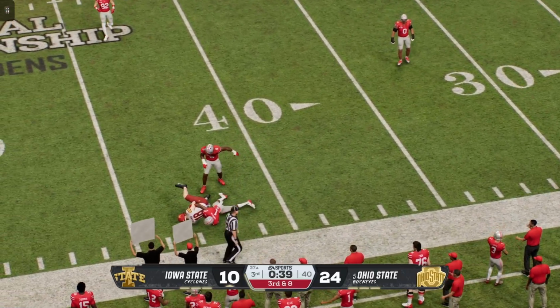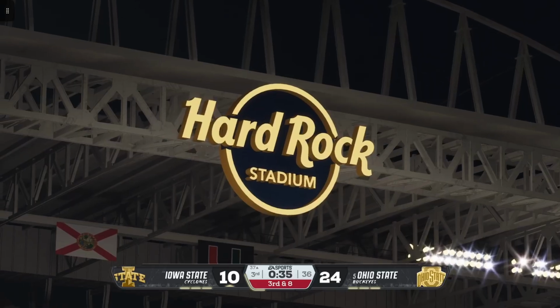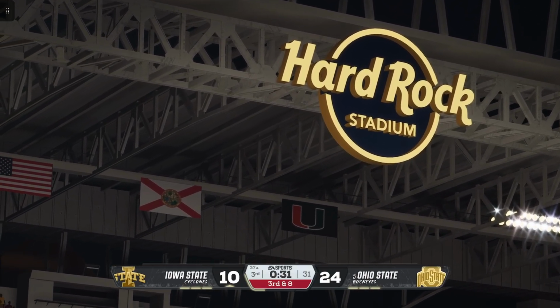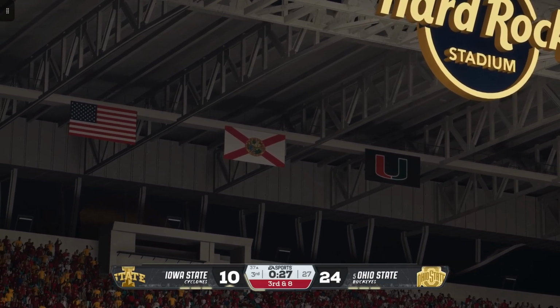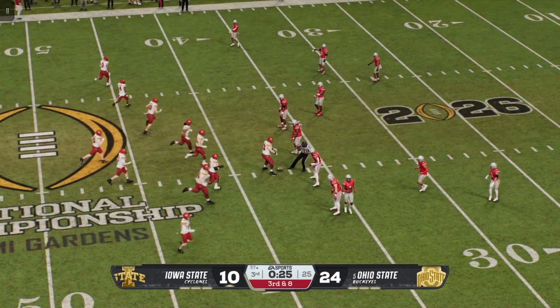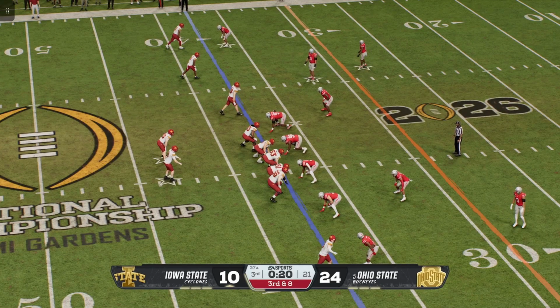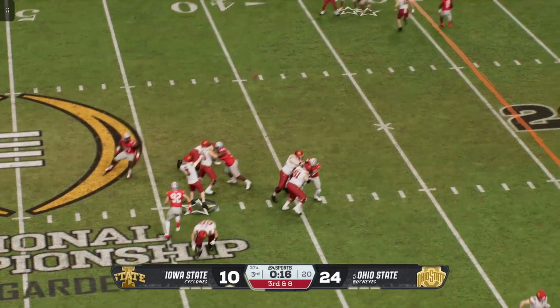The short completion to the tight end. The defense all over it. They stop him right at the line. As the tight end flexes out into the slot, looking for a matchup there, Kirk. Well, it is a matchup because he has the size where he's very difficult to match up with for his safety, and he's got the speed to outrun a linebacker. That's why they like to flex him out like that and pick up nice big gains like this. And he'll drop back here on third down.